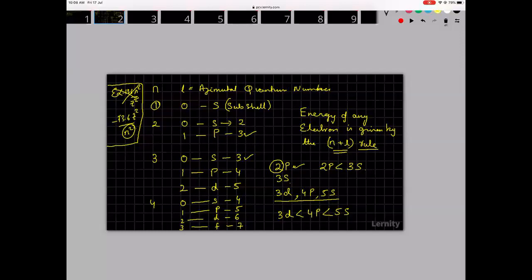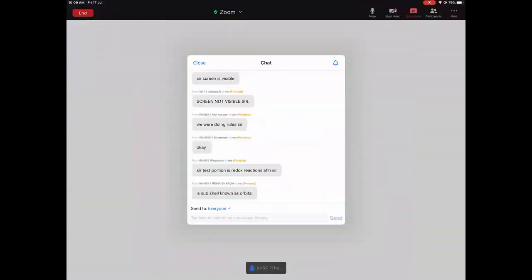Okay, yeah. So energy is given by the N plus L rule. Now between 3d and 4s, which will have lower energy? 4s adds up to 4. 3d adds up to 5. So 4s will have lower energy than 3d. So by looking at the N plus L values, I can find out what